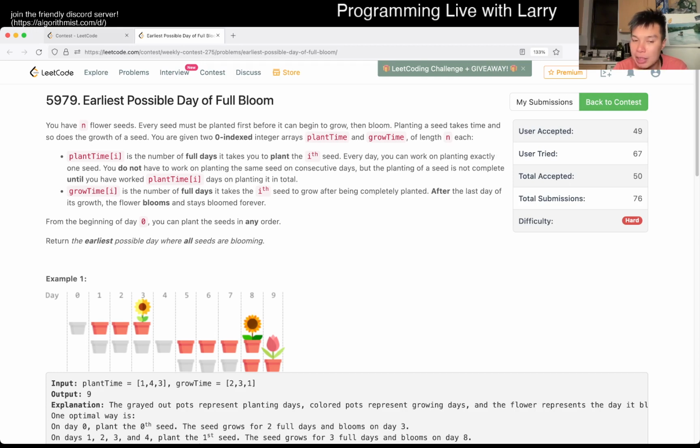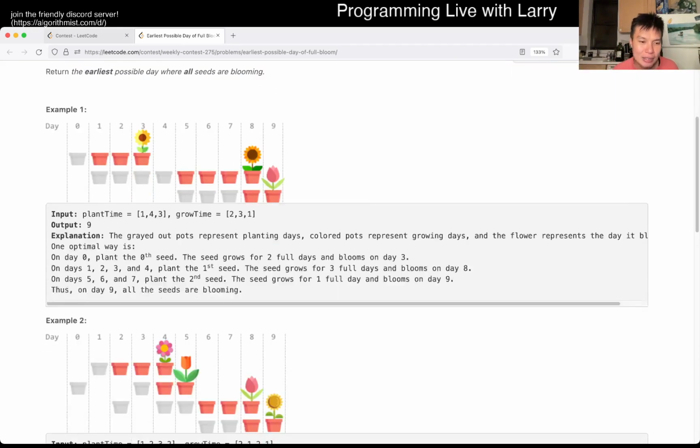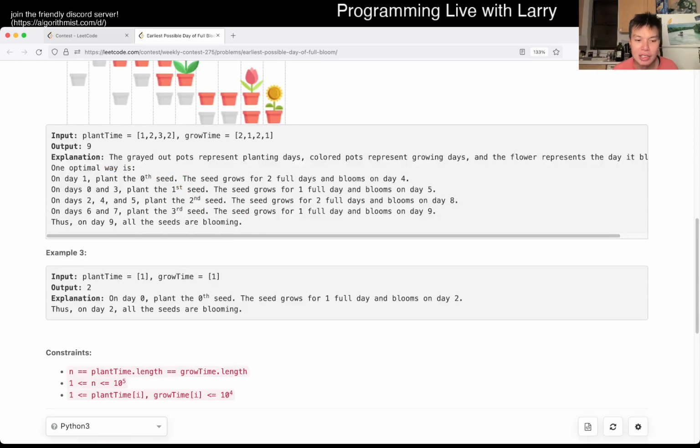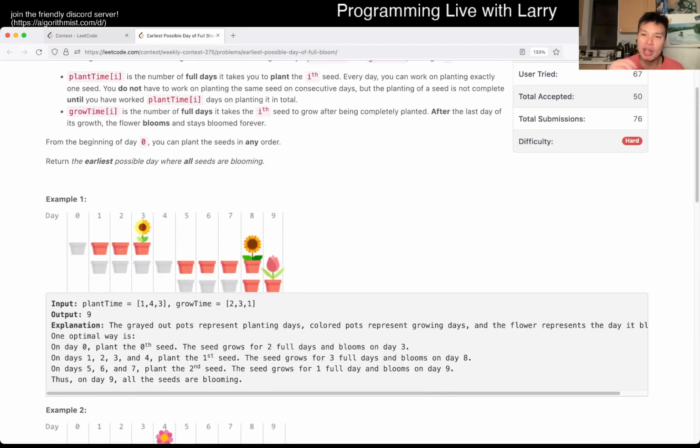may not be intuitive. But the idea is that okay, we have n where n is 10 to the 5th, I think. Yeah, so we have n flowers. The question is, how do you put them in some order, right? There is some kind of meta thing for me, to be honest, which is that if n is that big, I know that's not going to be an n square algorithm because that's just too slow. So I know that n log n is going to be fast enough. So I was thinking about a sorting algorithm.